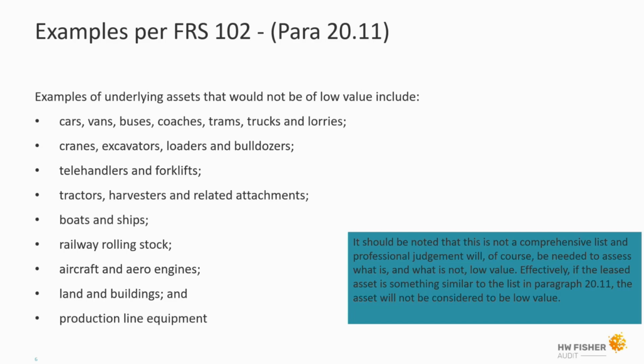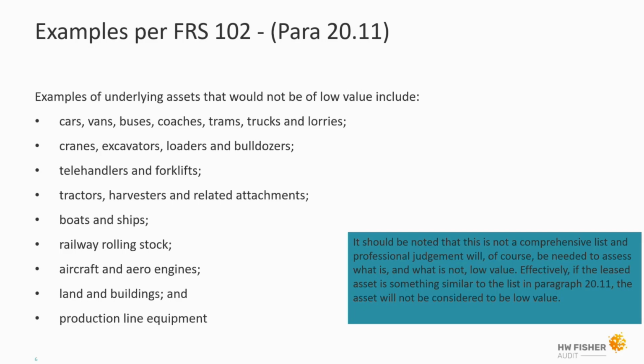IFRS, when they brought this in eight or so years ago, had a number of around $5,000 in there as a guidance point. It wasn't a must, but that was the guiding point, and that gives us a sense and an idea of what a low value lease might be. There are some interesting discussions around things like laptops. If you lease 100 laptops, is that low value? Do you look at it as one? It's not 100% clear. There is going to be some judgment around these things, but FRS 102 has given us some guidance